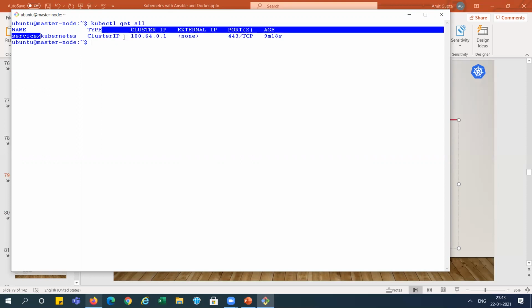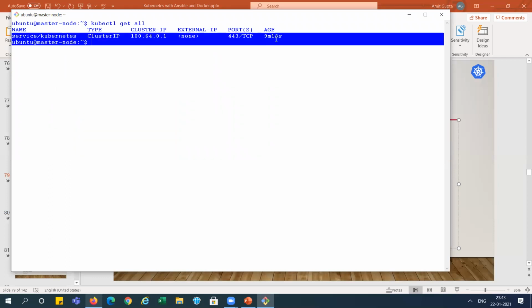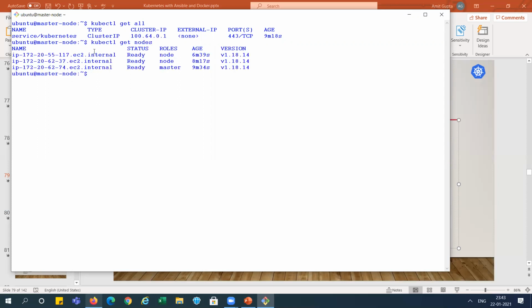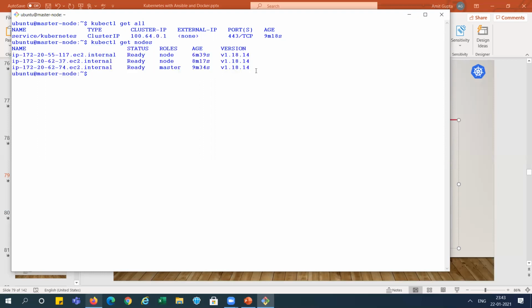You can see here we are getting nothing, only the default service, right? And kubectl get nodes, if you want to see all the nodes, we can see it here. So it is working from both sides. We can run any script from the master server directly, or we can run the script on the management server. Both are the same thing, right?